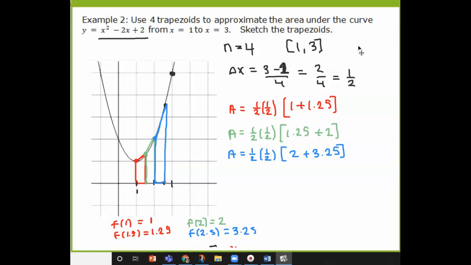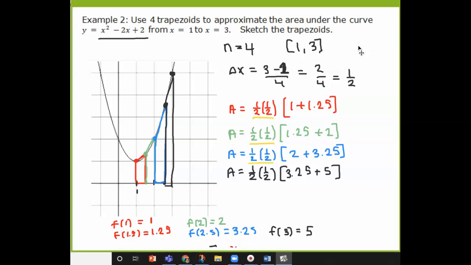And my final trapezoid would be at 2.5 and 3, which is a height of 5. So 1/2 height, starting, ending. The reason I wrote out each trapezoid was to hopefully show you that